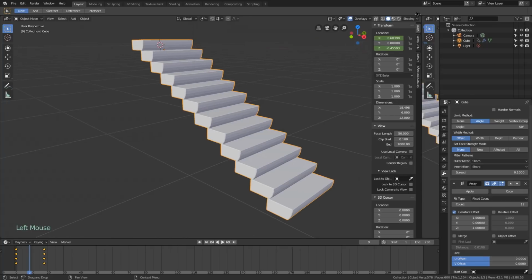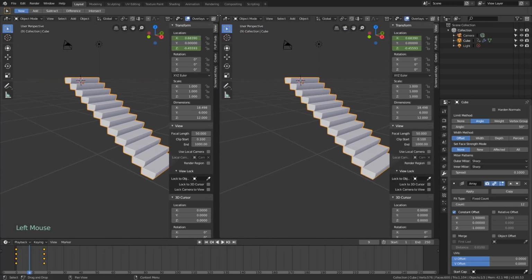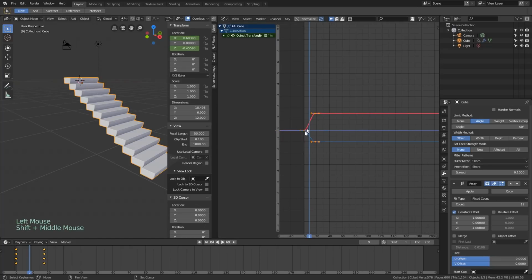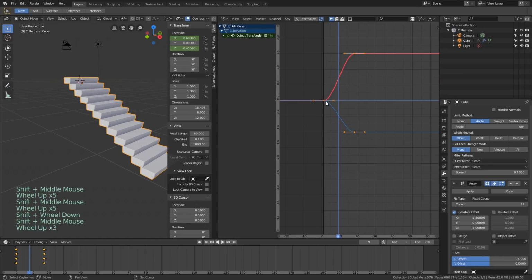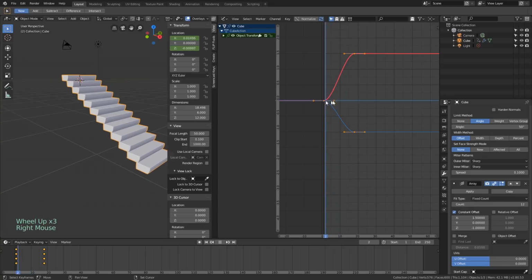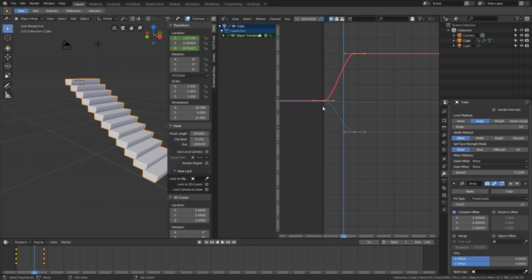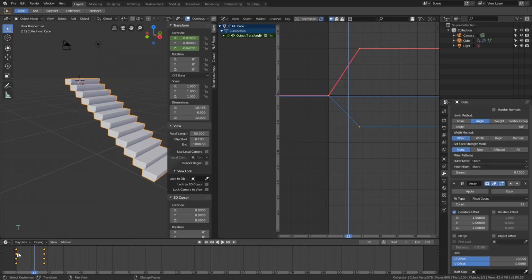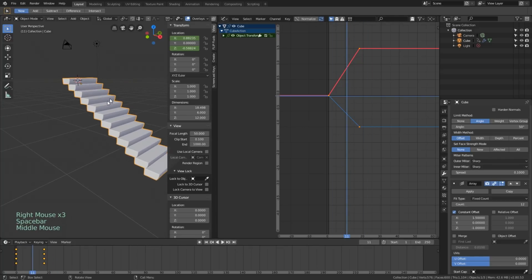So I'm going to go over here, drag another window over, just clicking in that corner, and change this to a graph editor. A couple things here. For one, I don't want this easing going on. That's what this curve is. I want it to be at a more constant rate. So I'm going to change this to linear. I'm just pressing T to do that. Now it has a little bit more of a mechanical move to it, if you will.